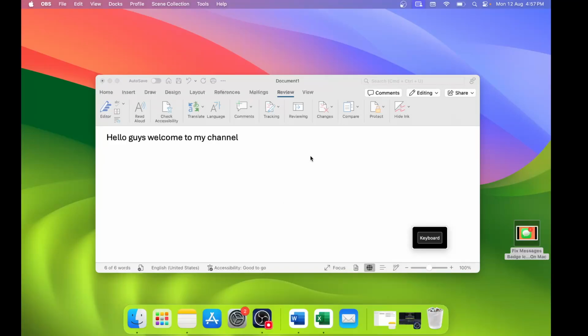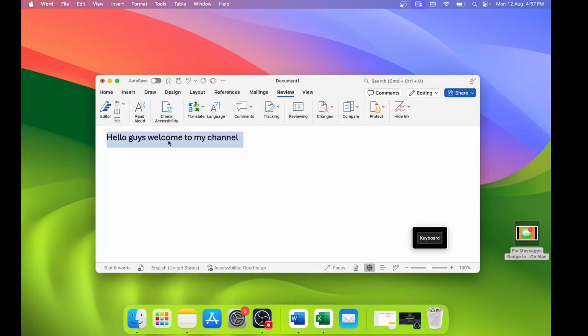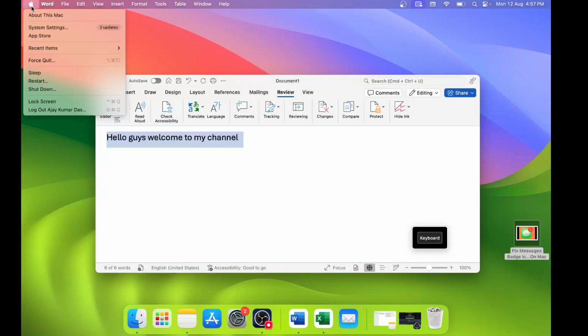So in your Microsoft Word, if the read aloud feature is not working, then please follow the steps shown in this video. So when you click on read aloud, it does not work. In that case, first of all, go to Apple menu on the top and then go to system settings